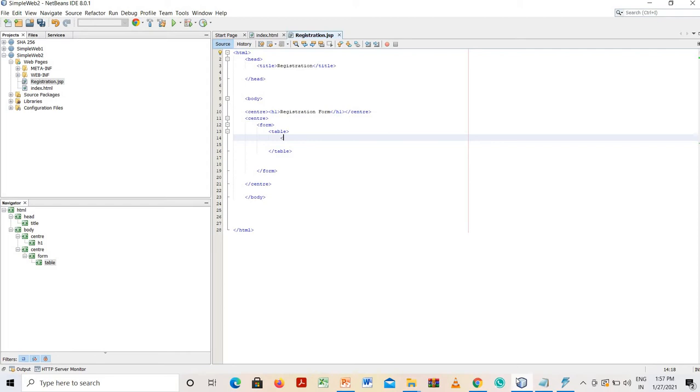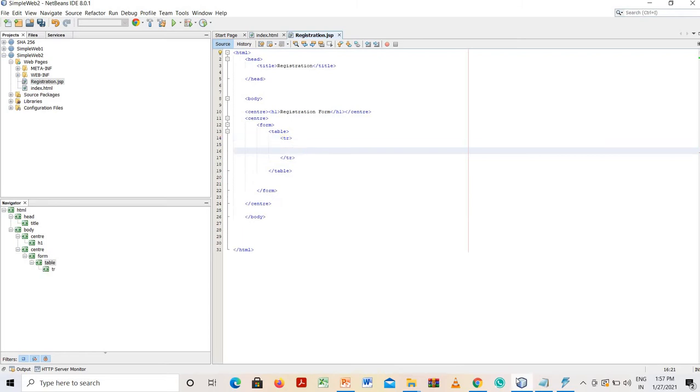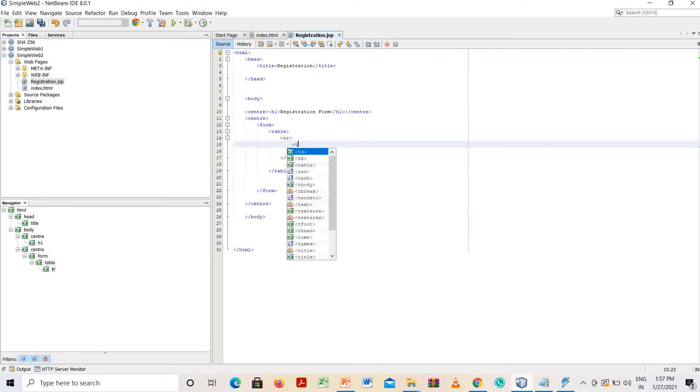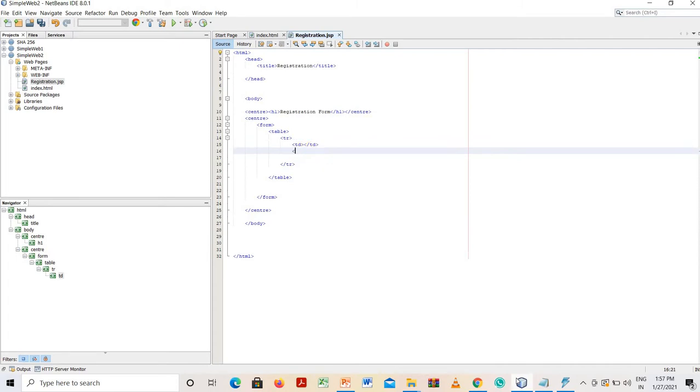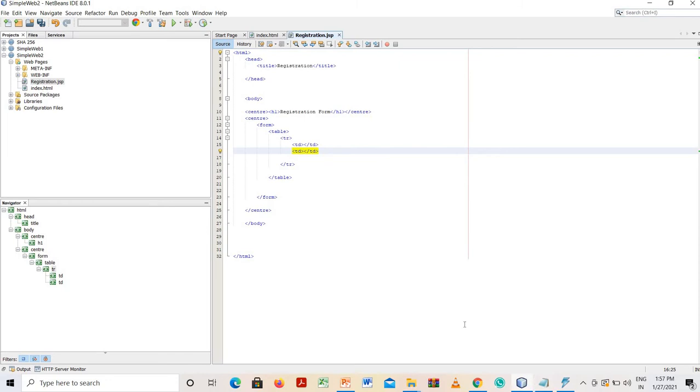So I will get here a TR. That is a table row tag. Inside this table row tag, there are two columns. So for column there is a TD tag. First column and second column. Okay, so two columns. In the first column, I want to write a name. In the second column, I want one text box.